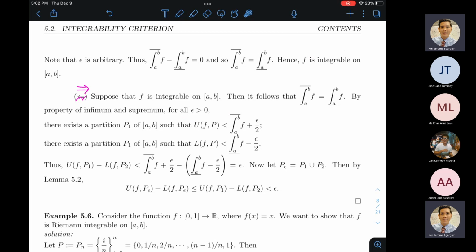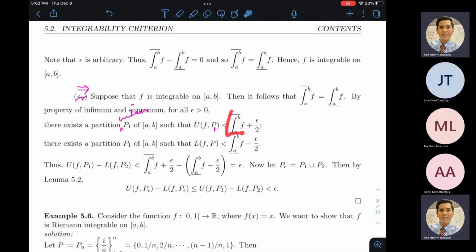So that's why we say that, okay, dahil siya yung infimum, there should exist a partition P1, all right, such that this is true. Na pag nagdagdag ako ng katiting, hindi na siya lower bound. Okay? Kasi nga, ito ng Riemann integral, yung greatest lower bound. And then similarly, ganun din yung mangyayari dun sa pangalawa. All right? Gagamitin ko naman yung definition ng pagiging supremum. And I think may baligtad dito na inequality. All right? Let's see.